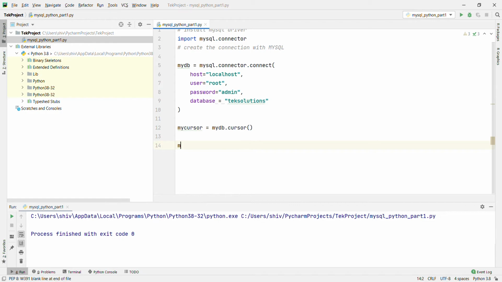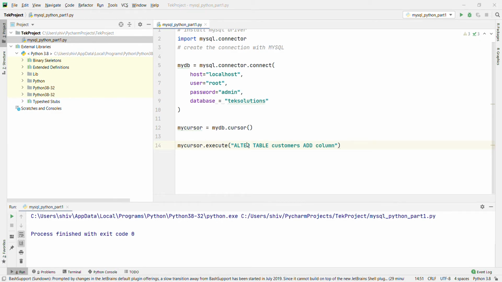Now I am going to write mycursor.execute and then alter table customers, add a new column, add column ID integer auto increment primary key. Okay, let's execute and see.